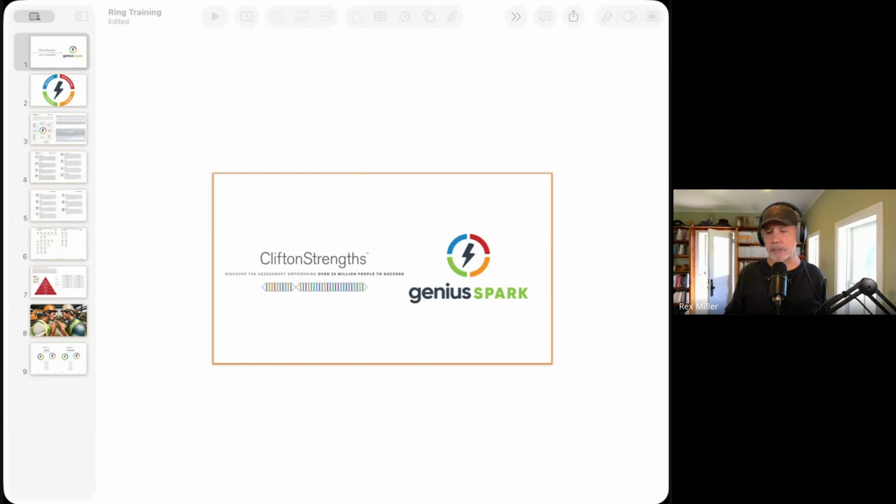Now, the whole purpose of Genius Spark was to help leverage all the insight of the Clifton Strengths that is difficult on its own. There are 33,600,000 combinations of the strengths. That's the good news. And we've gone through demonstrations of taking each person's strengths and looking at strengths that amplify each other, strengths that balance each other, combinations of strengths, and looking at it through that lens. But that takes a long time to learn, and it's not essential.